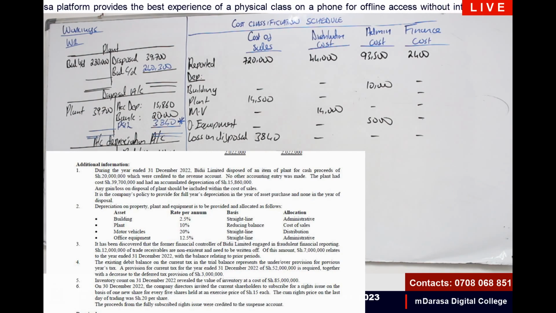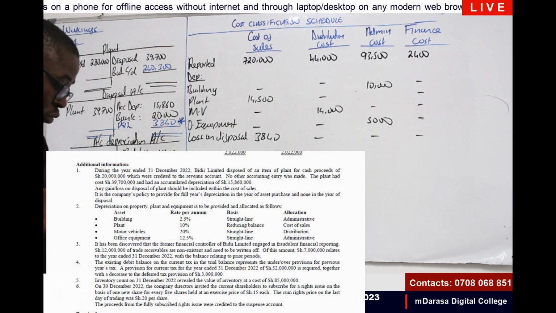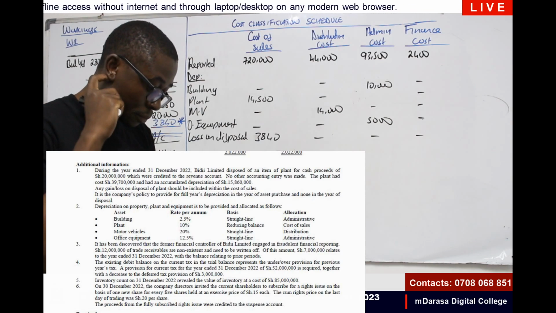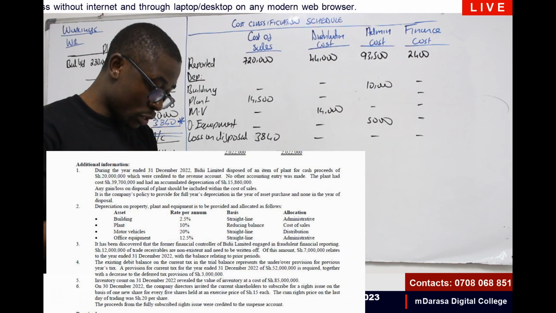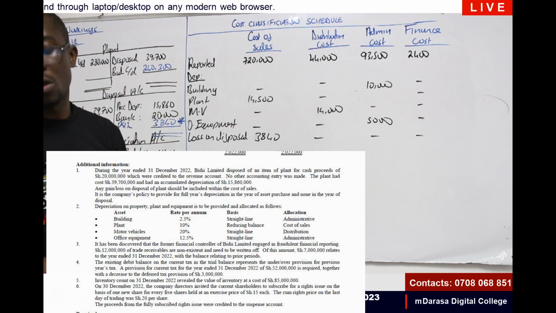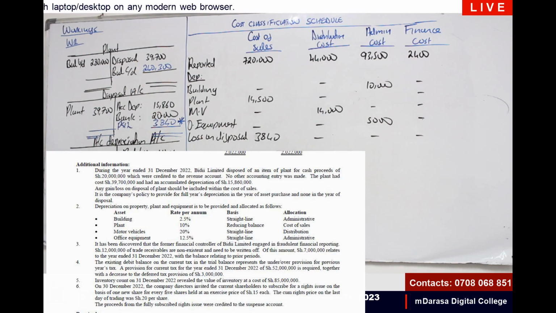Another item to be considered under cost of sales is what? We weren't given any other item. So after that point, I'm not seeing any other item that will affect us, except for note number 6. This is an item that will have note number 6. Look at note number 6, guys. What were we told in relation to note number 6?